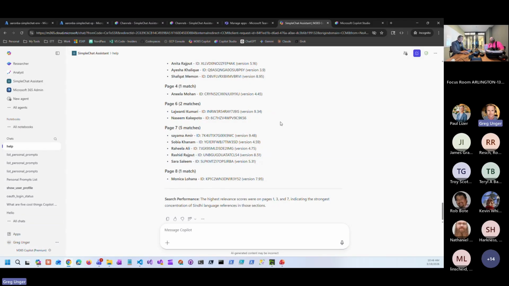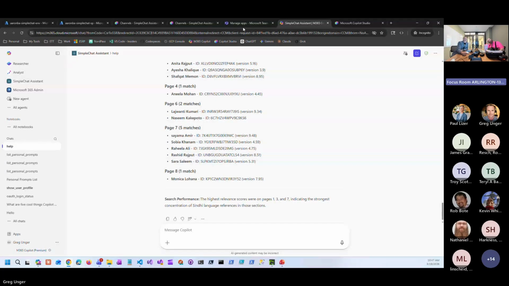So I'm going to stop there because I know that I just threw an immense amount of information at you guys. But again, the big takeaway from here is that you're not limited with regard to Simple Chat and just using the UI to be able to surface that data. You can take your same data almost anywhere you want, whether it's a custom app or anywhere in the Microsoft ecosystem or anywhere outside of the Microsoft ecosystem that can utilize an MCP server. That's the end of the demo. Thanks.